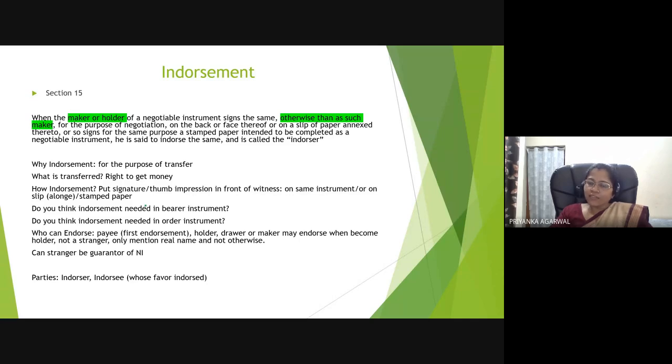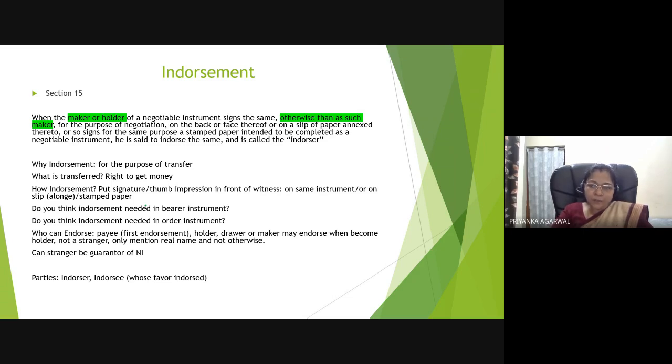You simply need to deliver it in order to transfer the instrument, because there are two kinds of instrument. One is the bearer instrument, and the other is one wherein the specified person's name is mentioned, right? In case of a bearer instrument, you need not endorse it. Any person, just by handing it over. Like today, if I want to deliver that instrument to Suvendu or to Ananya or to anybody else, I simply hand it over. Suvendu can hand it over to Ananya, Ananya can hand it over to Sanna or to XYZ. That is possible, right? So you need not endorse.